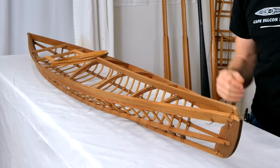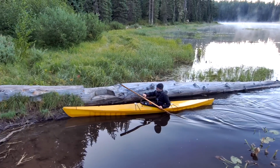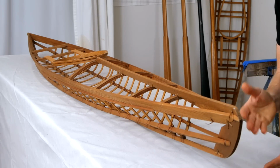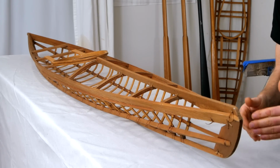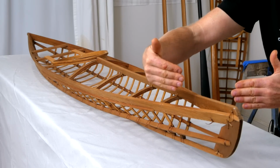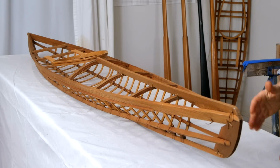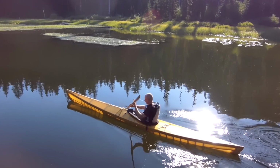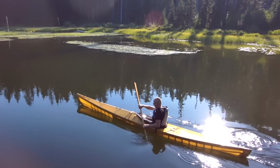Basically, if I'm designing a sea kayak, I want every part of that kayak to be doing some sort of a job, and if it's not in the water, basically all it's doing is making your kayak longer and heavier and more prone to getting stuck sideways in sea caves. So even though this is only a 16-foot 4-inch kayak, it actually has a fairly long waterline for a mid-sized